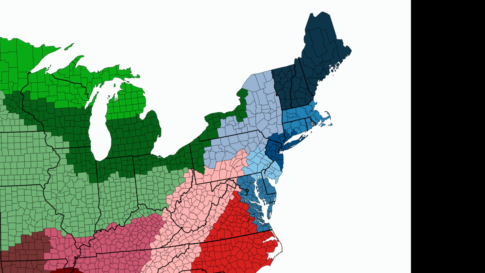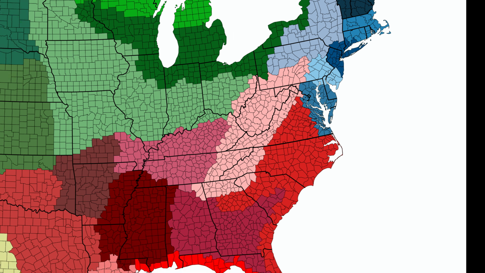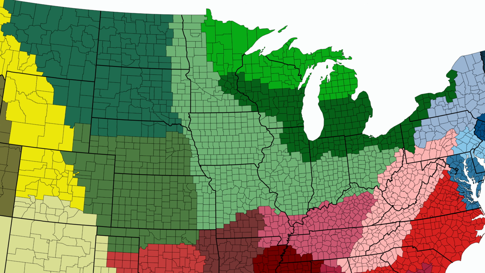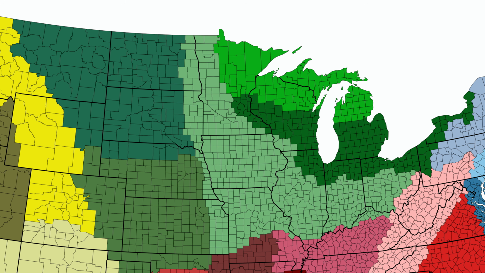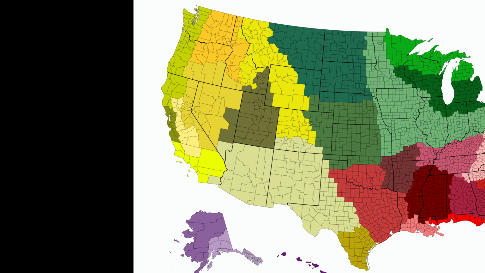If people talk about the East Coast or the Northeast, it is likely they are talking about the Northeast megalopolis stretching from DC to Boston, or the forests of New England. If they talk about the South, they are likely talking about regions with the Southern drawl, or states that used to be part of the Confederacy. If they talk about the Midwest, they are likely referencing cornfields or plains stretching to the horizon. And if they are talking about the West, they probably mean regions with high mountains, deserts, or the densely populated West Coast.